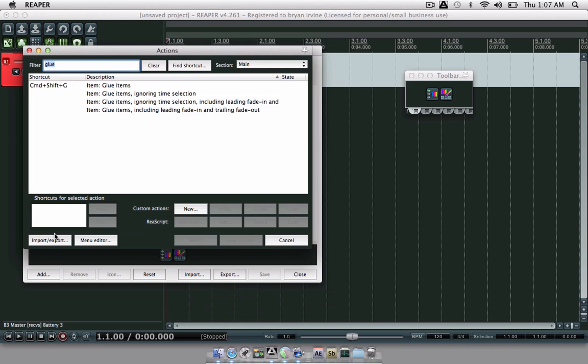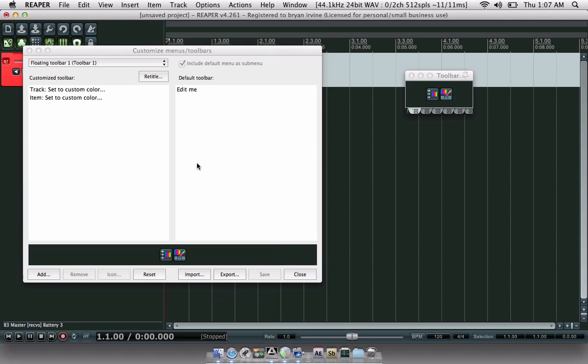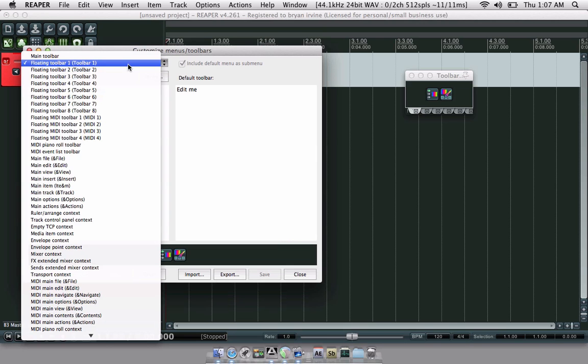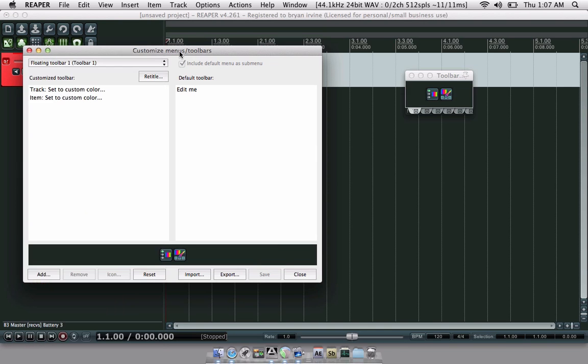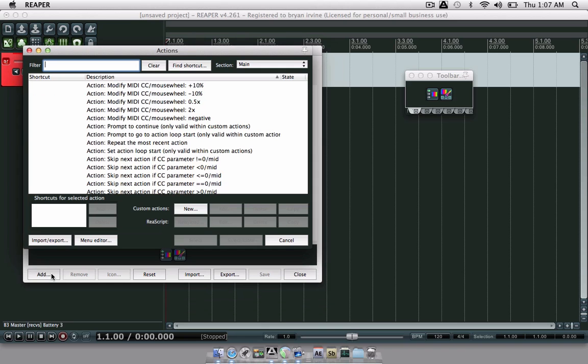So we're going to add one to, as you can see, that was on floating toolbar 1. You have a couple of them. Wow, 8 of them. I only use 3 buttons. So most of you probably know this if there's that many options. So anyway, we're going to add